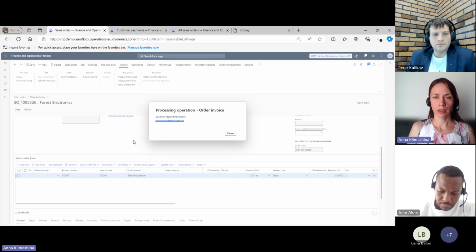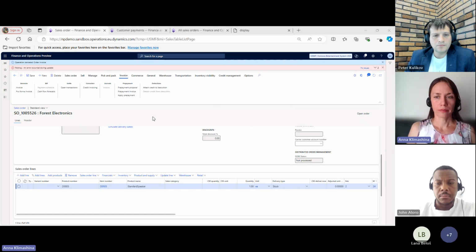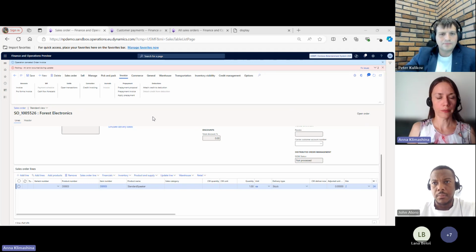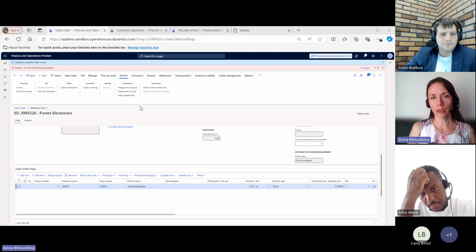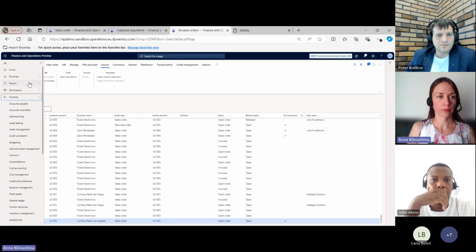Usually it takes several seconds. And something goes wrong. Operation cancelled. Okay, I think we didn't make a mistake, and I will show you a transaction in the previous example when I tested the system. Go to accounts receivable,